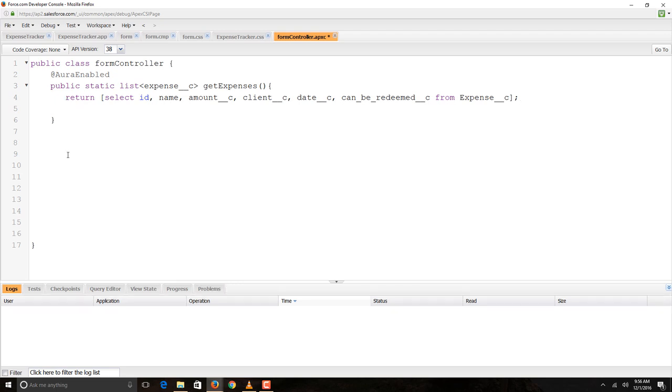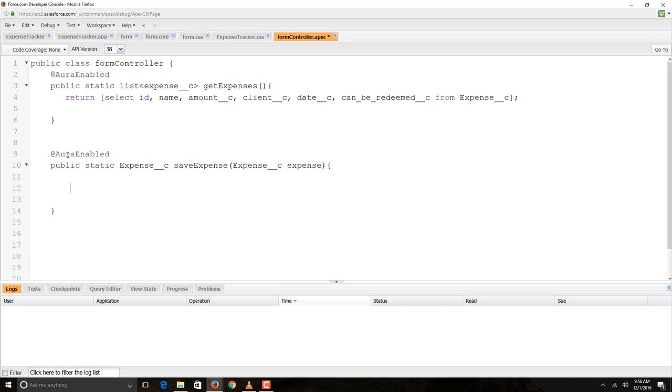Now let's also create one more method, because in this project we are getting user input as well to create a record. So we need to insert or upsert that record, so we need to create a save method as well. This will be a method of return type Expense which will be used to save our expense record, and it will take a record of type Expense. So that record will be passed to this method, and what this will do,